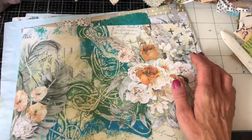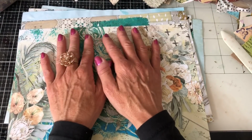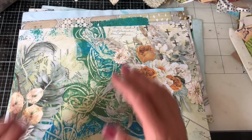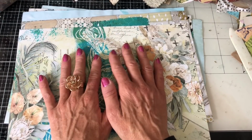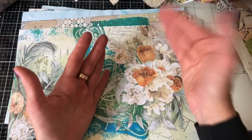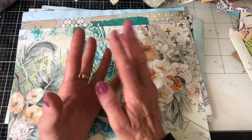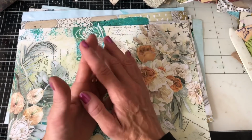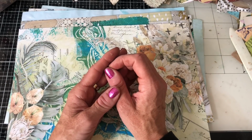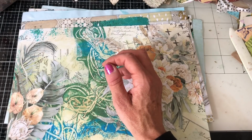She has put together this awesome kit, and she's invited a few of us in the junk journal community to join in a junk journal challenge. So the people joining in, it's Louise herself, and I'm going to link everybody's channels below this video. So there's Louise, there's Rachel at Roxy Creations, there's Joey from Joey Defee, Barbara at 49 Dragonflies, and then there's, again, I'm not quite sure how I pronounce this, Una Tacited